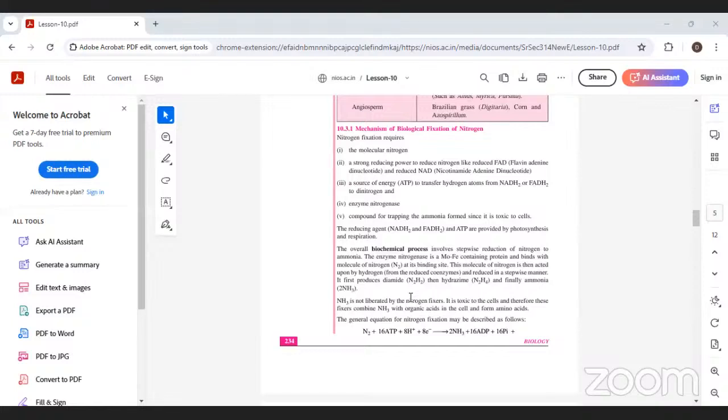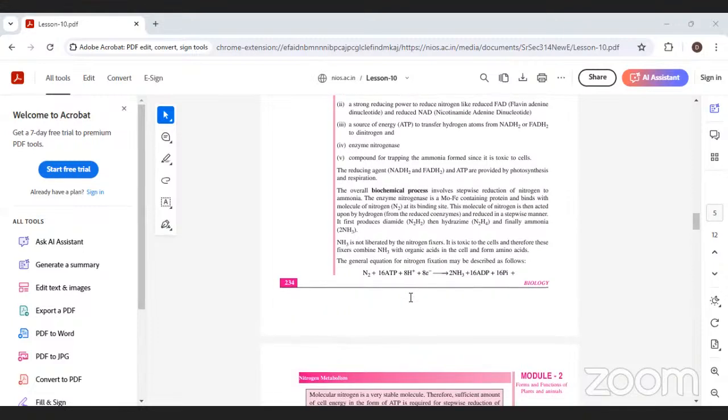Finally we get the ammonia, that is 2NH3. NH3 is not liberated by the nitrogen fixer. It is toxic to the cells, and therefore these fixers combine NH3 with organic acids in the cell and form